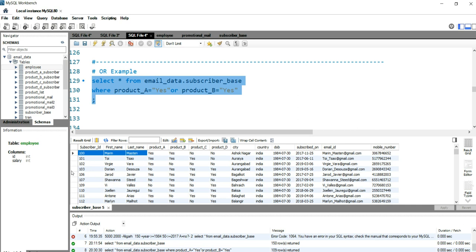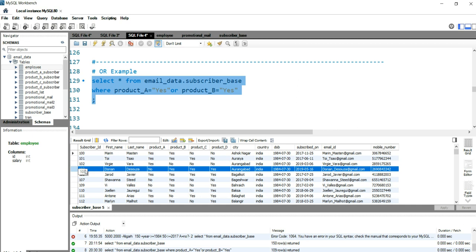Now if we take row number 4 with subscriber ID 103, this Dorian D'Souza, his product A is no, so he has not taken product A. Then the SQL query will check whether he has taken product B or not, and the query found out that yes, he has taken product B. That's why row number 4, subscriber ID 103, is returned in our result set.